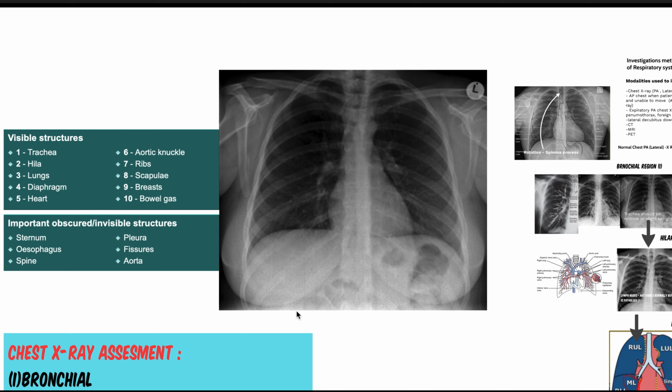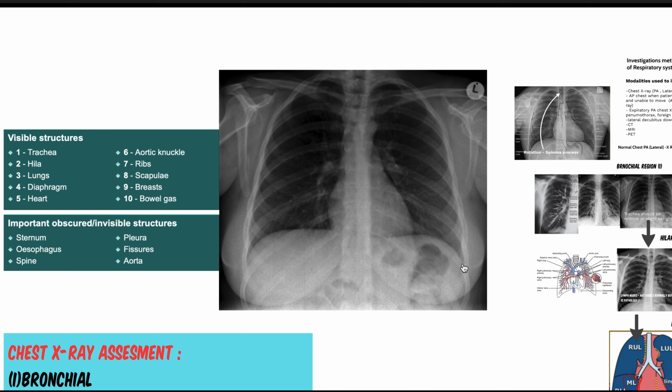Then if it's a female patient, usually the breast is quite visible on the x-ray. Males not so much, but it can be very tiny because they don't usually have breasts. But in females, you can see the breasts are indicative, so beware that the breast usually can